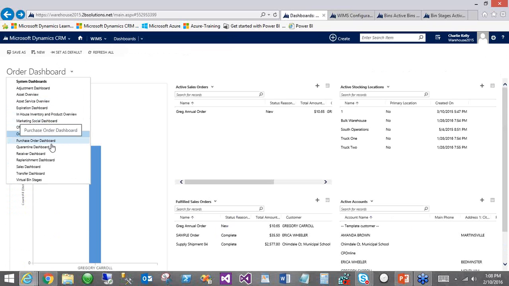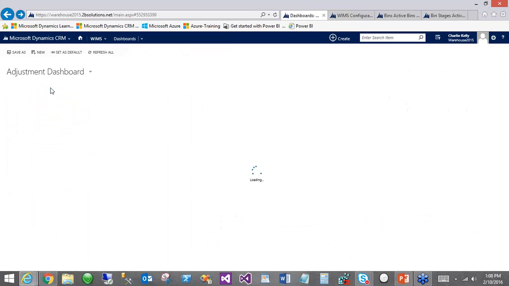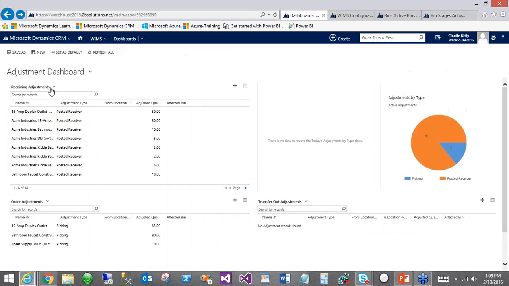On the paper trail side of things, it's important to keep track of what inventory moves around in your warehouse. To this purpose, we've added an adjustment dashboard to WIMS. Any transaction, whether up or down in your inventory levels, whether it's from a receiver, an order, or a transfer, is automatically tracked and noted in WIMS, giving you a historical log of movement of your inventory across any of